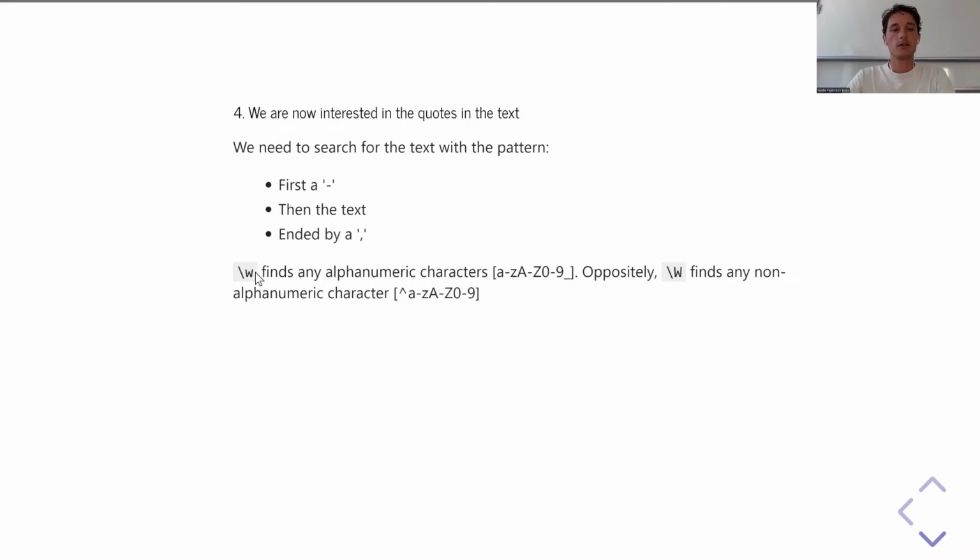And we can do that with the regular expression sign here, which is \w, little w. Oppositely, the backslash large W, capital W, finds any non-alphanumeric characters. So that is all characters that are not letters or